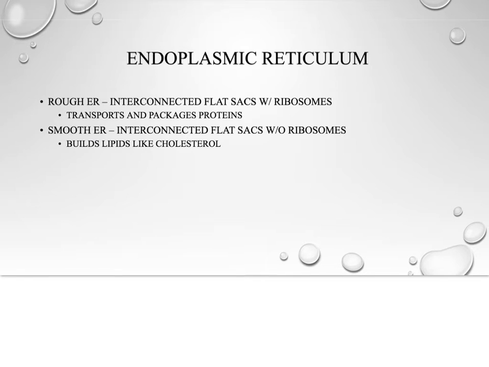ER. So the rough ER is the one with ribosomes. The smooth ER is without. And the ER has a very specific job in terms of packaging proteins and lipids, okay? So their job basically is to construct, make sure that they're the right shape, and make sure they move on to the next part of the cell, so they can